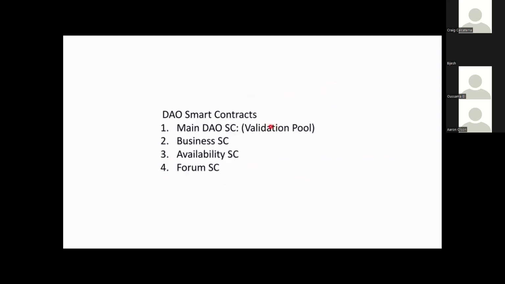Okay, so that's the whole gist of it. There are 4 smart contracts. The smart contract that determines what the DAO is, how you make reputation tokens and who gets them, is basically the validation pool. The business smart contract is the one that the DAO creates and they agree to put into their forum, but that the public uses. And they choose whether or not to engage it. They choose whether or not to put their fees into that and engage a member of the DAO.